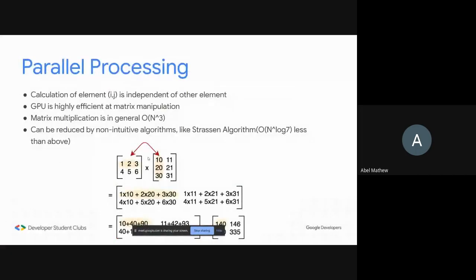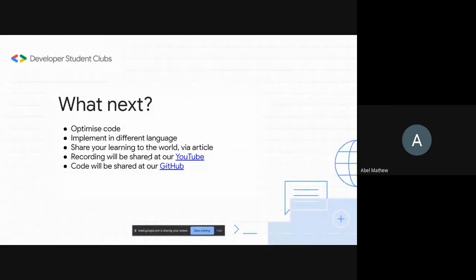So that is pretty much of what I had to cover. So what's next? If you're someone who wants to go further ahead from the workshop, because it's always good to have curiosity, things that you can do from what I have shown is optimize the code, because as mentioned, this code is not optimized. We are doing multiple matrix manipulation and convolutions. We can have maybe a function for that which does it. This is something that is done in Python. The very same thing can be done in all the languages. So you can use the same concept in a different language and implement it.